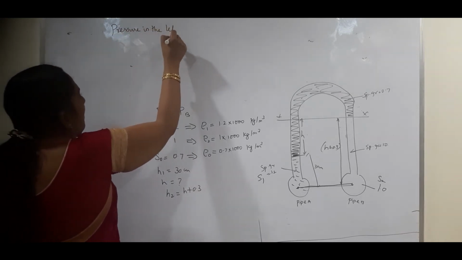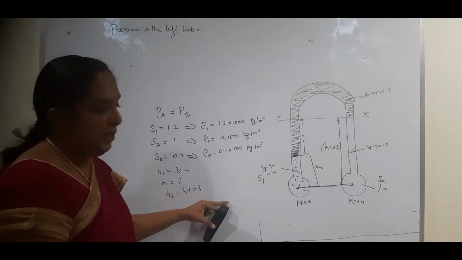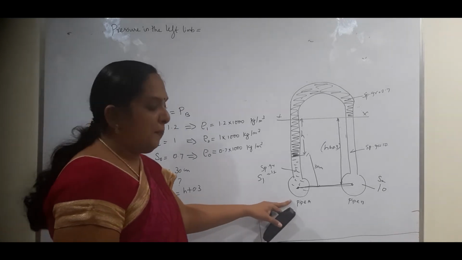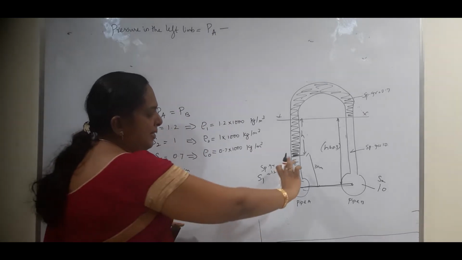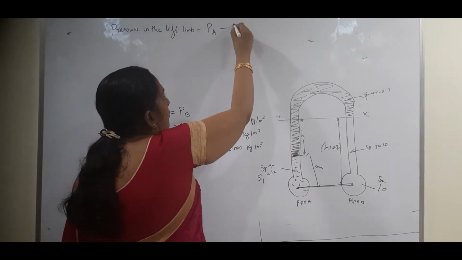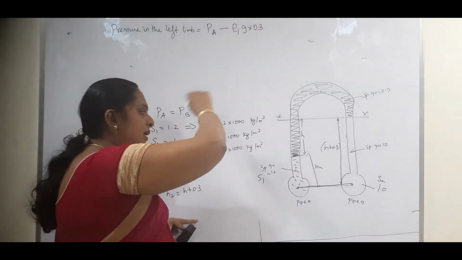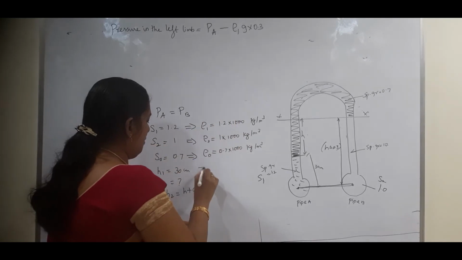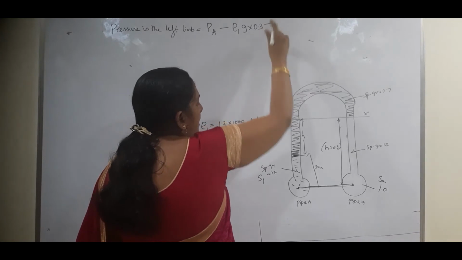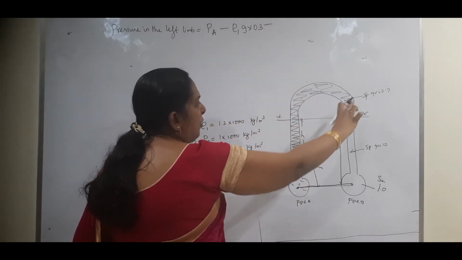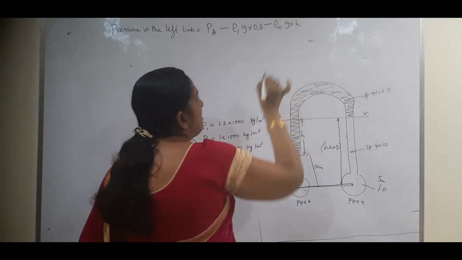So the pressure in the left limb will be, once again, remember this is an inverted U-tube manometer. Here you have pipe A, so that is PA, it is unknown, minus this height, it is a value of rho 1 G into 0.3, because 30 centimeter is converted into meters, it is 0.3 meters. Now minus, this height is of your specific gravity of oil. So that is rho naught into G into H, because the H is unknown here.